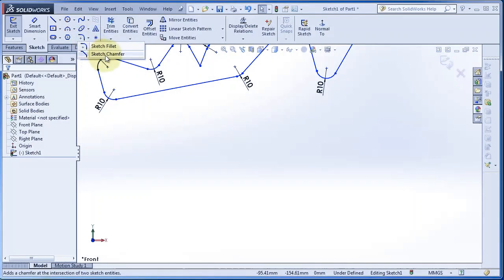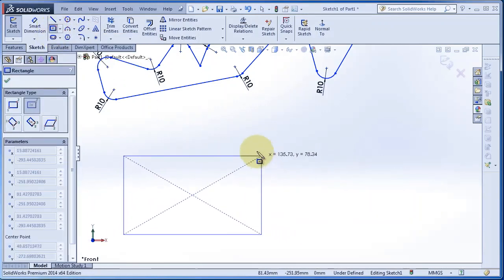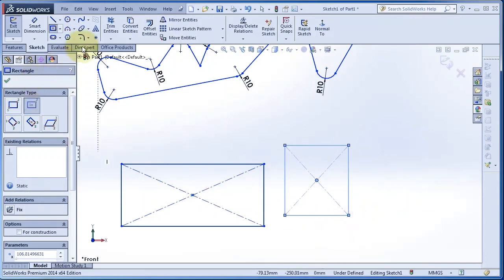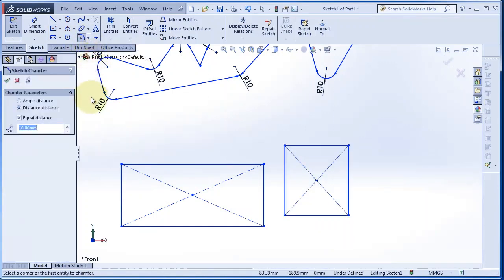Menu, we have the sketch chamfer. So it is almost the same idea, but it's creating chamfer. So let's make two rectangles, create chamfer. In the chamfer you have two types: either to select the distance, two equal distance, and here